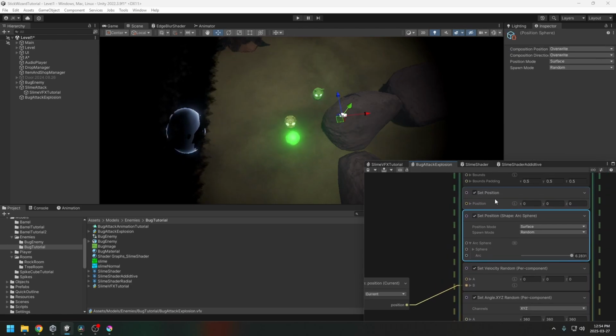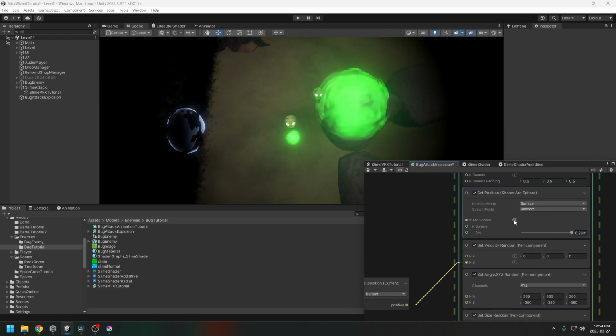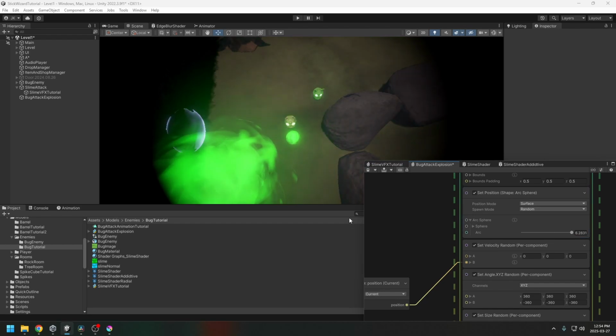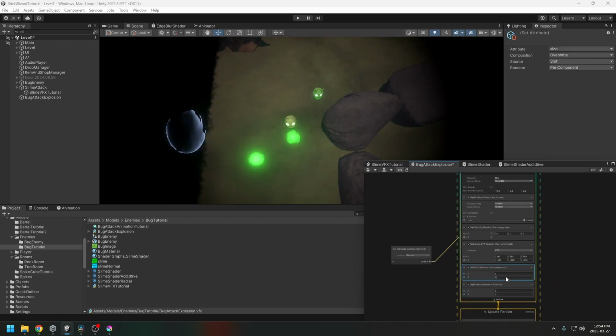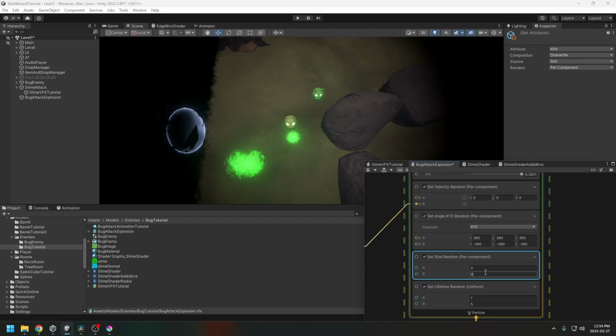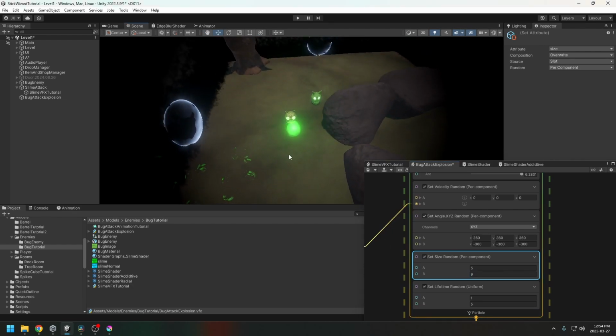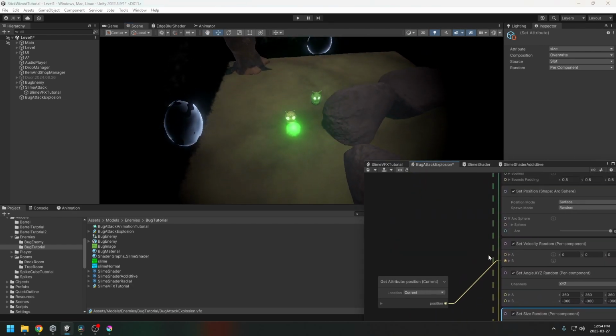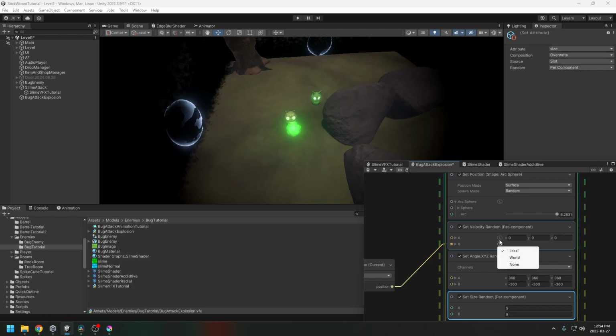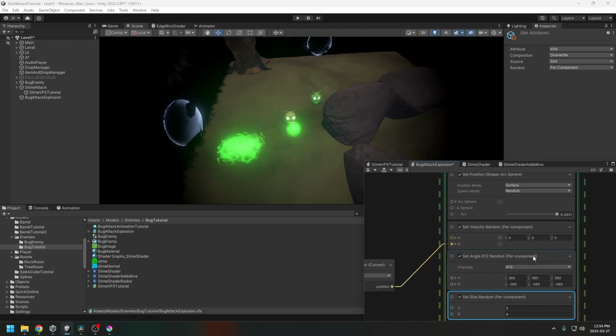Oh, we're setting the position here. So, okay, get rid of this set position because we're setting the position here, and just change this to local. That will put it in the right spot. And then you could turn the size way back down to 5 to 9 or whatever. And this sphere that it's blowing up into also needs to be world space. So these both need to be world space,